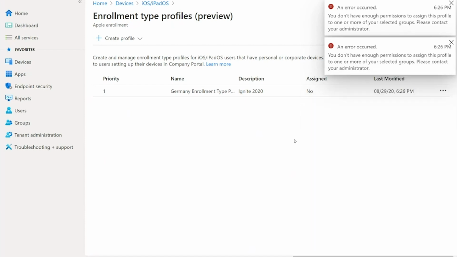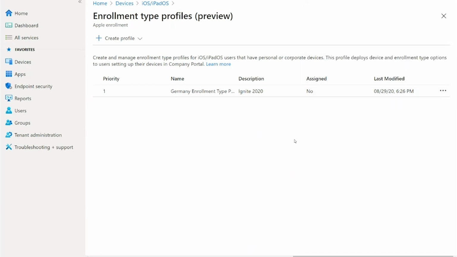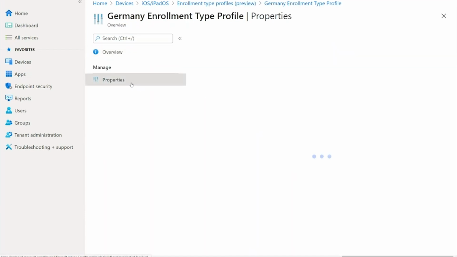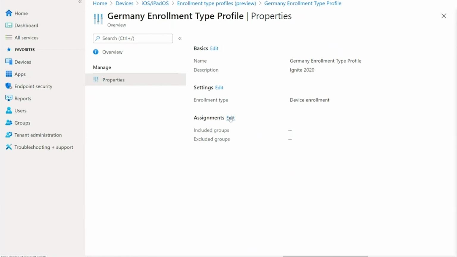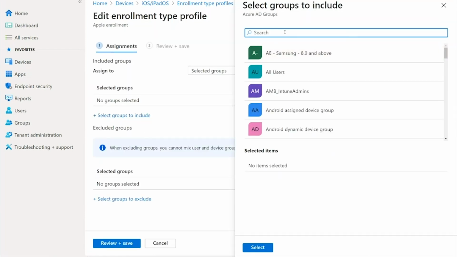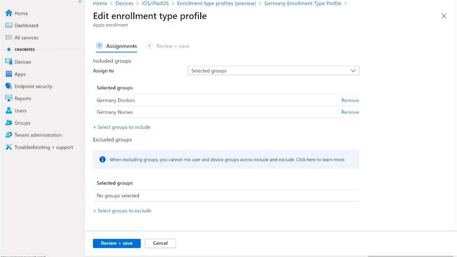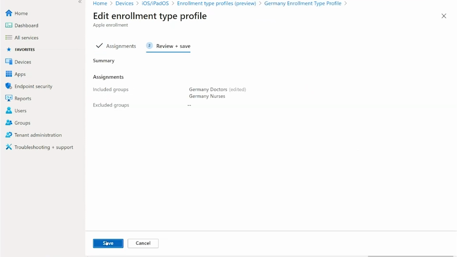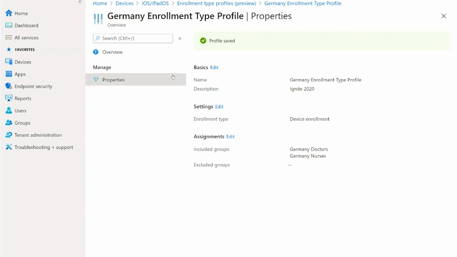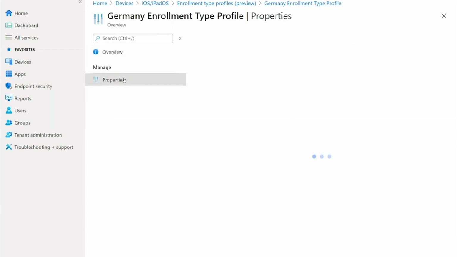This is because in the role that we just defined under assignments, we defined that Germany admins can assign any sort of profiles or apps only to Germany doctors and nurses. They can't work outside their scope, and hence that assignment does not work. So Garen realizes the mistake looking at the errors and selects the Germany doctors and nurses instead of Scotland doctors and nurses, clicks on save. And we notice that the profile gets saved. The assignments are still there.